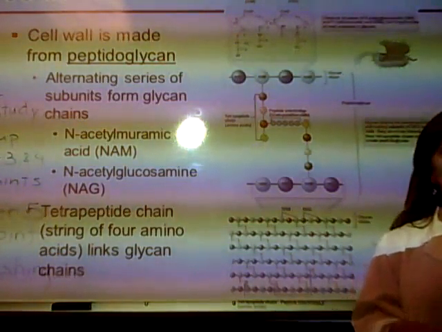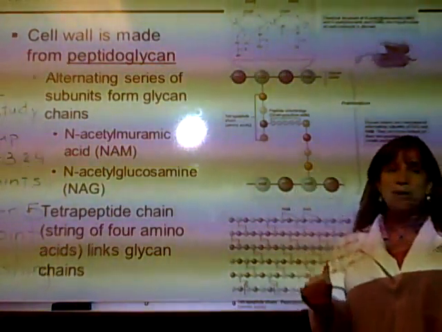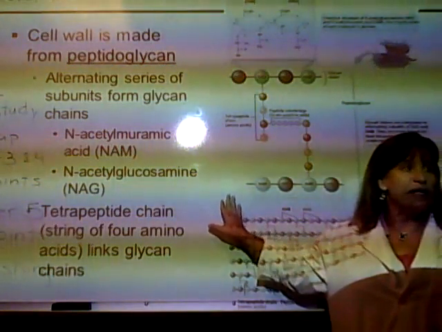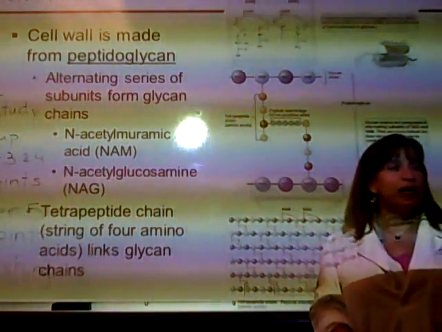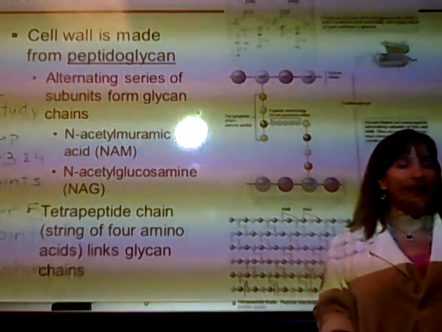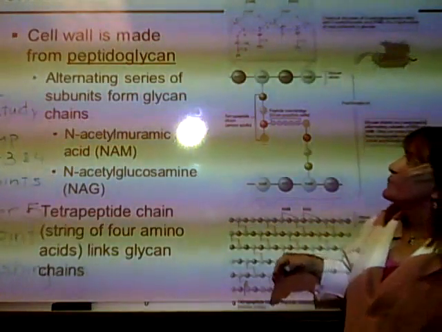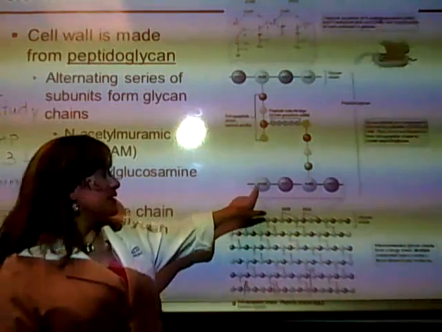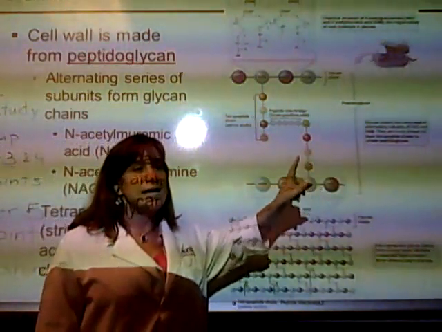glycan, how it's cross-linked, and what it's made out of. So I really want you to understand a lot about peptidoglycan, mainly because it's a source of antibiotic attack. It's the place where antibiotics can attack the bacteria. All right, so we talked about it's made out of mainly a single line of